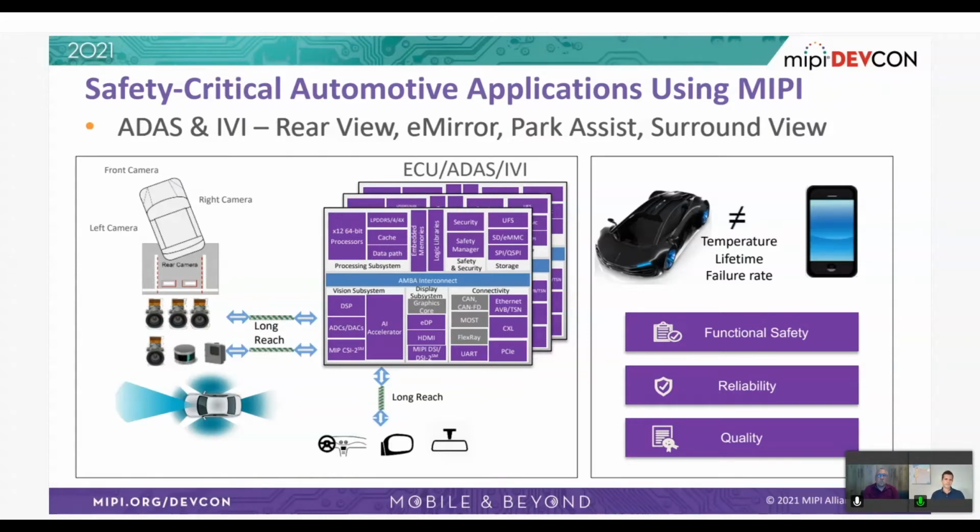You have the SoC, the ECU, the domain controller that has the processing capabilities, the memory interfaces, and also the necessary interfaces to enable these applications. That includes MIPI CSI input to bring the data from the different sensing technologies into the SoC, and then also the DSI transmitter to drive the different displays in the car.